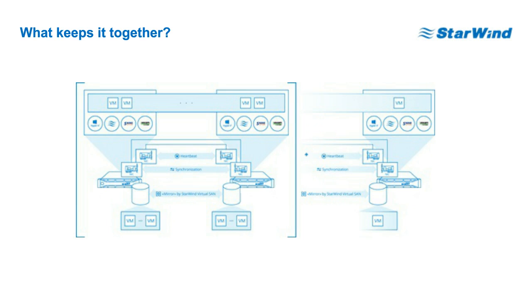Now, I will get down to software which keeps these servers together and makes it possible to get a highly resilient storage environment behind this appliance. Now, StarWind's Virtual SAN is the software which virtualizes local storage of these servers and then represents it back as highly available storage resource. And it does it by mirroring these hard drives between the servers. So should any of the servers go offline for any reason, your data will still be available on the other